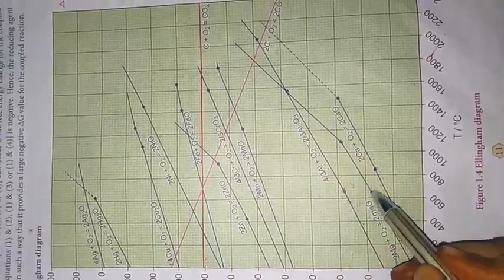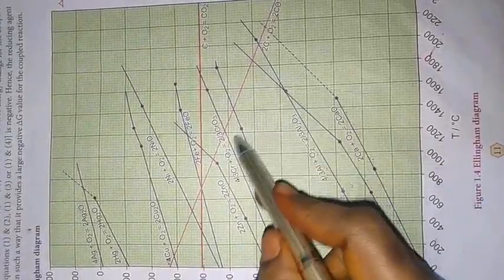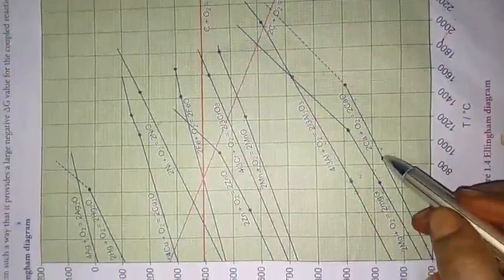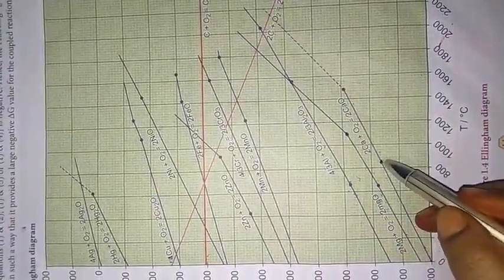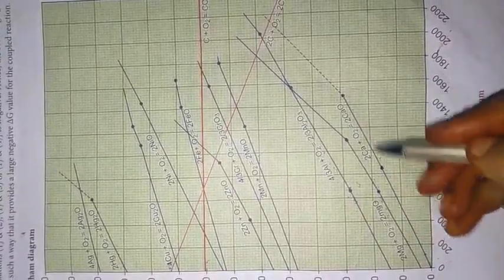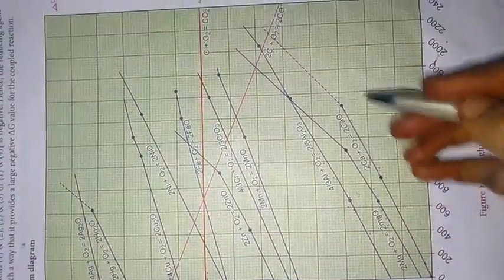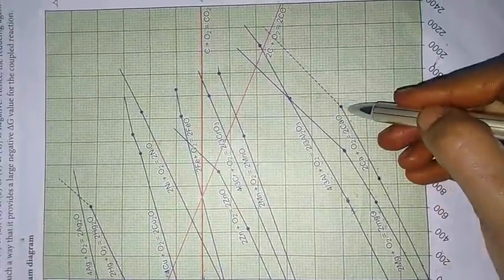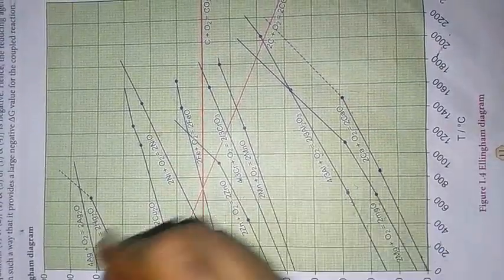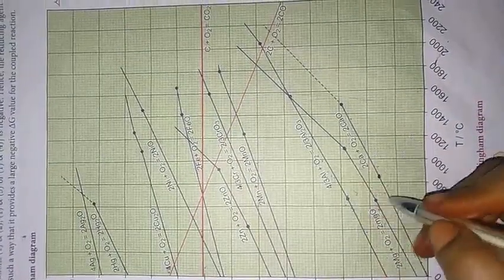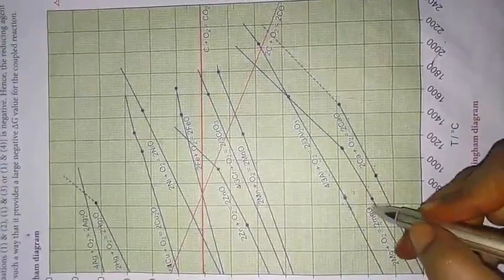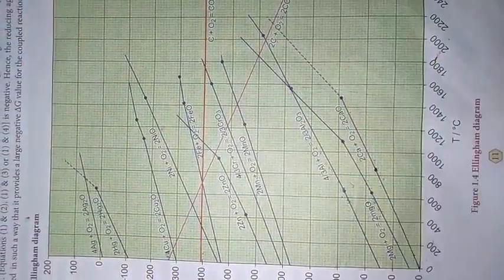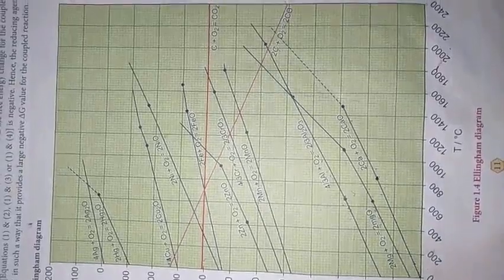See, so many dots are given in your graphs, isn't it? These dots show the phase transition. Up to this dot, it is in solid form. Above this dot, it is liquid form. After this dot, it transfers into a gaseous state. It is the same for all the metals. Each dot represents a phase transfer. Up to this, it is solid. Here it is liquid, and above this dot it is a gaseous form. So you should also denote that.